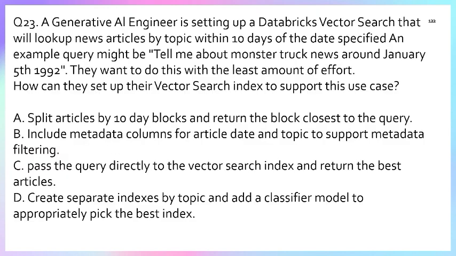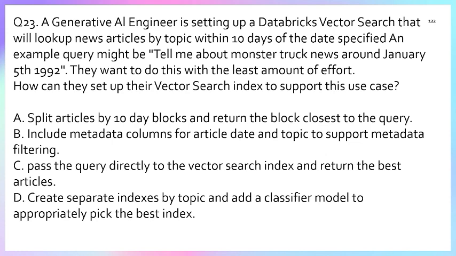Question number 23. A generative AI engineer is setting up their data with vector search that will look up new articles by the topic within 10 days of the date specified, and an employee query might be, let me know about Monster Trump news around January 5th, 1992. They want to do this with the least amount of effort. How can they set up their vector search index to support this case? So for this,